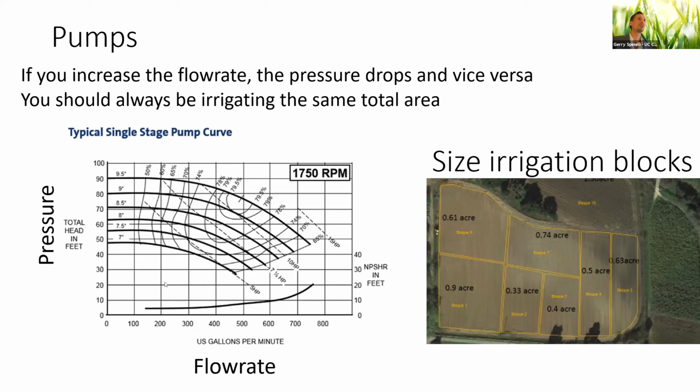And if you think about this, how many floors you would go up in 10 minutes, you will probably come up with a situation where if you're taking more water in time, you will have to go up less floors. And this is the same for a pump. And so the ramification that this has in terms of irrigation management is that if you open more blocks, the pressure will reduce, the pressure will drop.